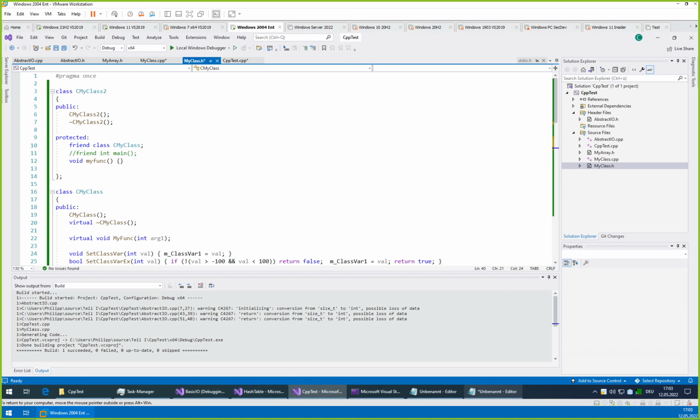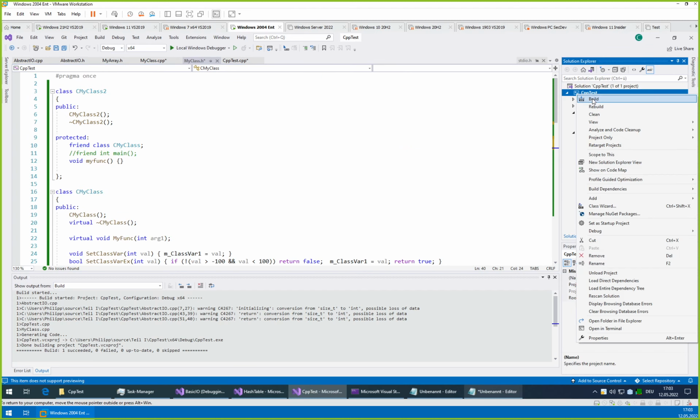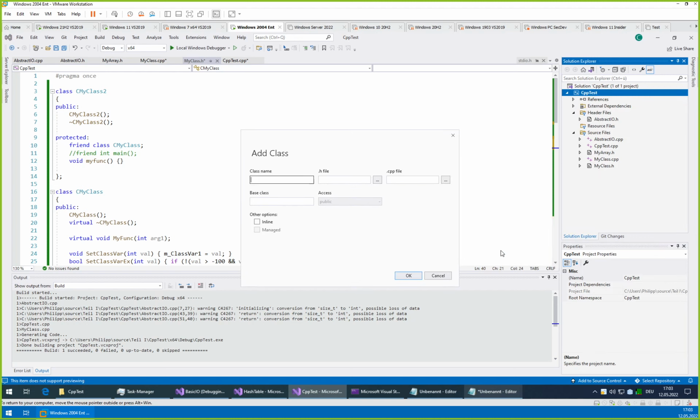So let's do that maybe quickly. Of course, it's not like the compiler would in any way enforce this. You could of course try to create a second instance, but ideally you would try to do it in a way that would not allow you to do it. So let's create a new class. Let's call it mySingleton.